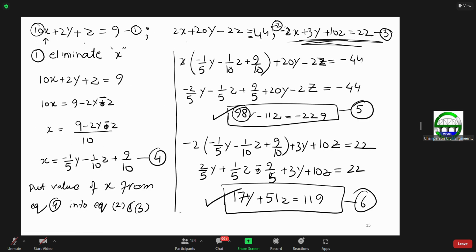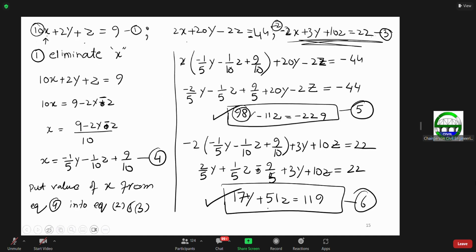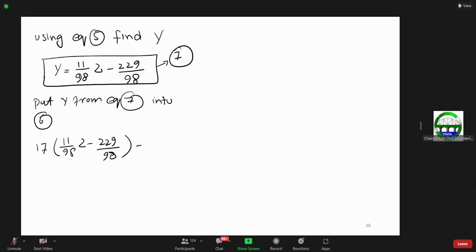So we have 17 times y, which is 11 by 98 z minus 229 by 98, plus 51z is equal to 119, right? So now solve it, and once you solve it, you will see